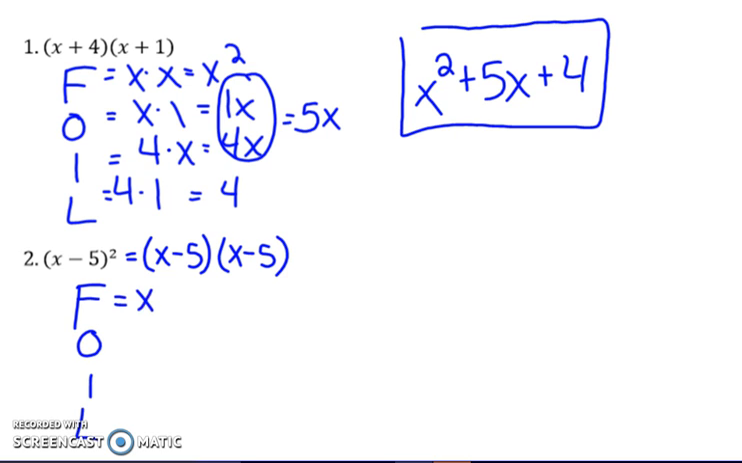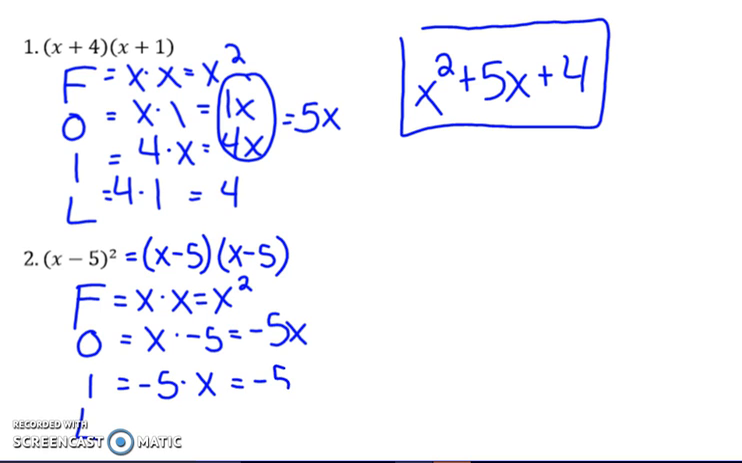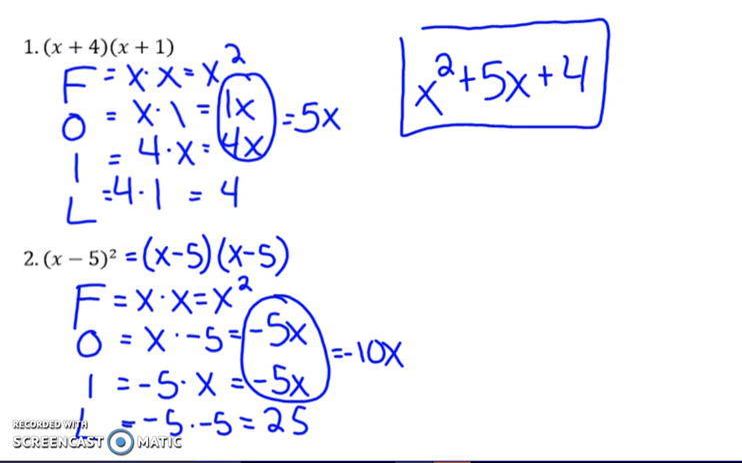So my first two terms is x times x, which is still x squared. My outside is x times negative 5, since we're subtracting. That gives me negative 5x. My inside is negative 5 times x, which is negative 5x. And my last is negative 5 times negative 5, which gives me positive 25. From here, I can combine my like terms of negative 5x and negative 5x. I get negative 10x. I have no other terms to combine, so now my final answer, x squared minus 10x